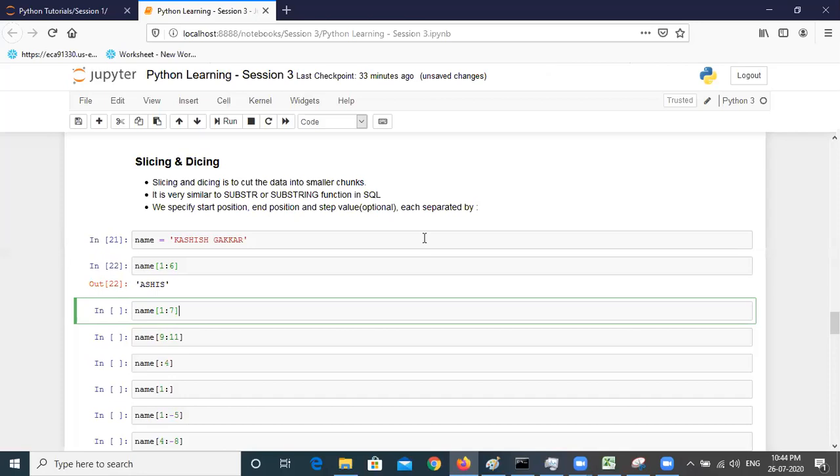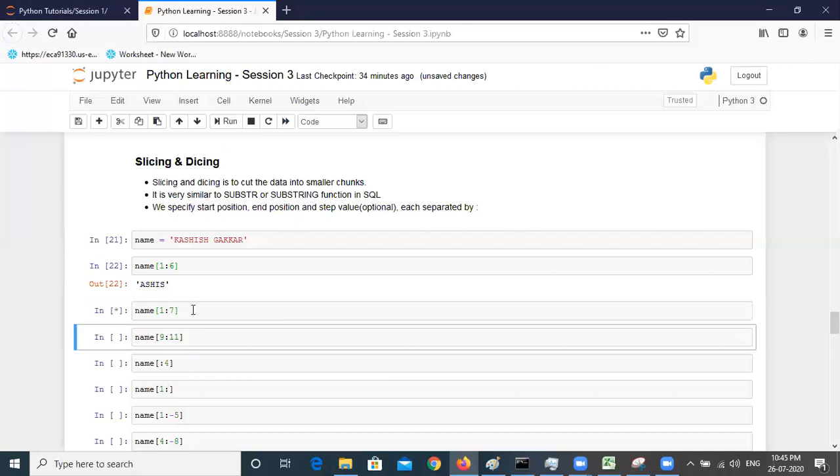This is the 1 colon 7. What would be the answer? Maybe you can type it in the chat. Okay, great. So that is correct.